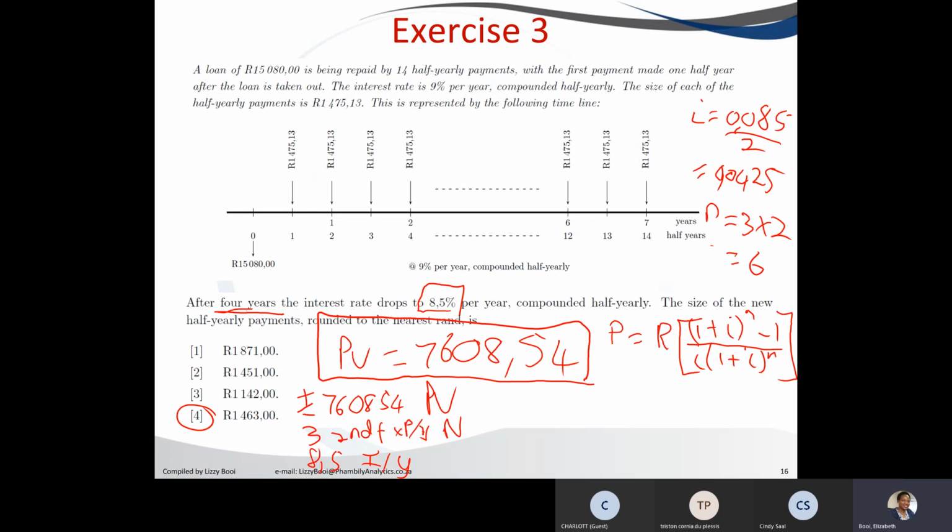So at the moment, all you need to do is substitute the values into the formula. P is 7608.54. I'm going to take everything that is multiplying R and put it there, because eventually we're going to divide by it. So it's 1 plus our I, which is